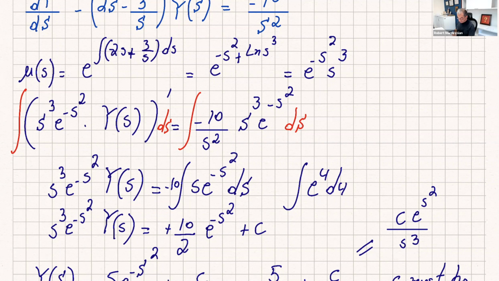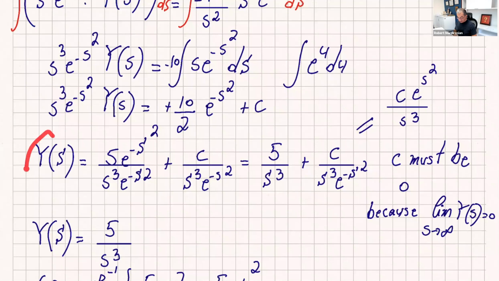If you do that and take the integral, you get 10 over 2 e to the negative s squared plus c. Isolate y of s, and that's simplified. So we get 5 over s cubed plus c over s cubed e to the power of negative s squared, but it's that one. Now c must be 0 because in this case, the limit as s approaches infinity